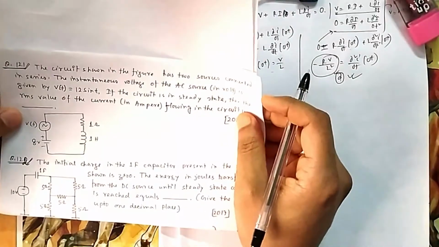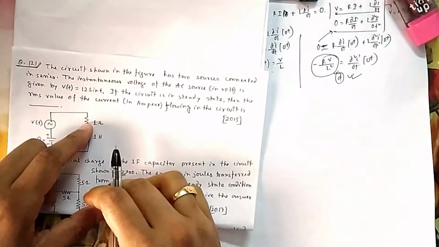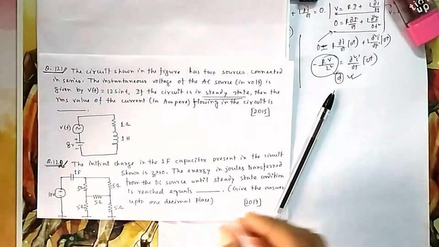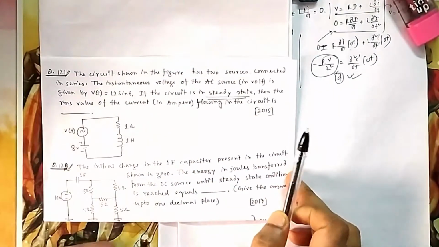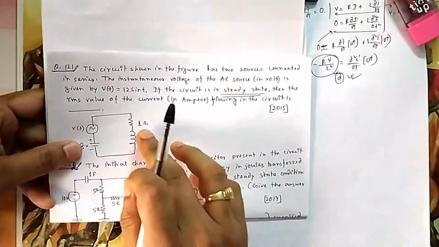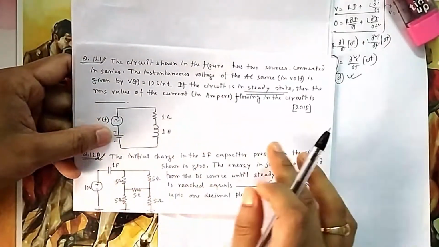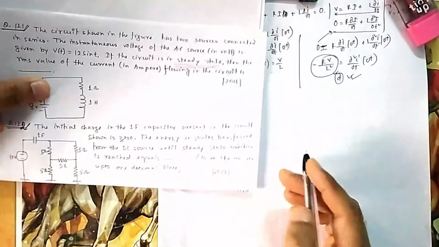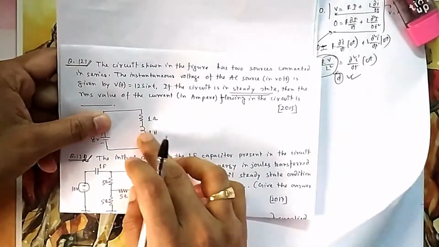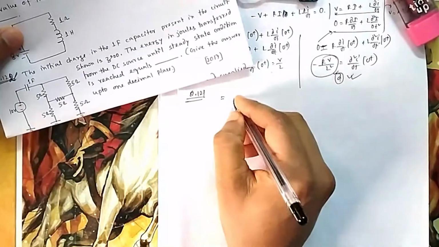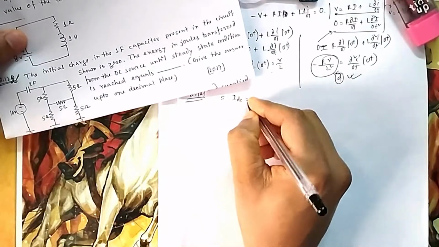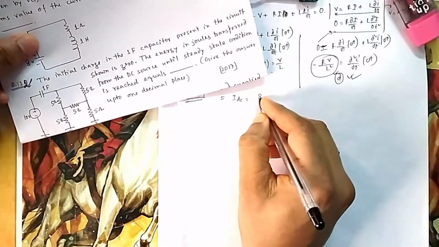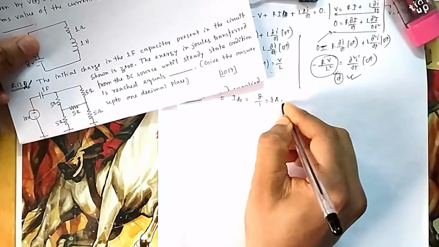You need to find the current through it, and once you have the current, in steady state condition, what will be the steady state condition? If you need to find the steady state condition, then you have to think one by one. If I think only about this DC voltage, that is 8 volt, in steady state condition it is shorted, so your current I is equal to I due to this DC component, because you need to find the current. So it is 8 ampere. DC current will be 8 ampere.